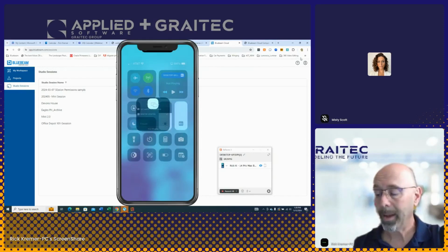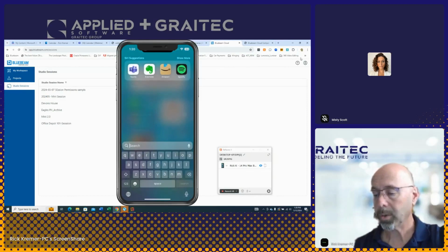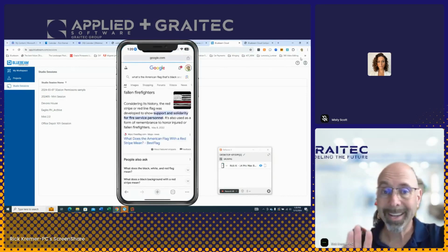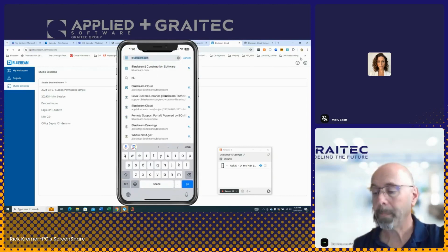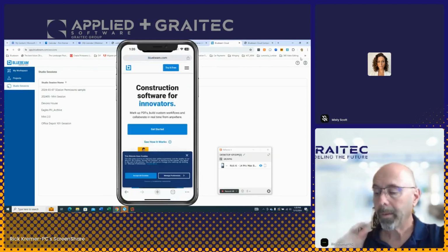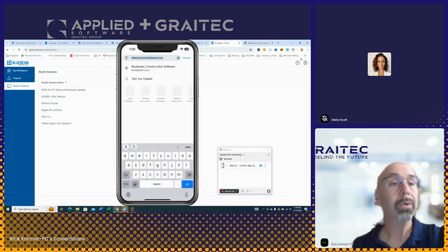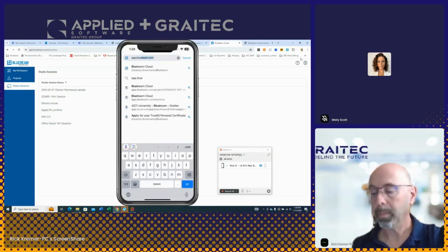But now I can take my documents, and over here, I'm going to launch Chrome. This is a game changer. Over here, I'm going to go to Bluebeam, let me just go to app.bluebeam